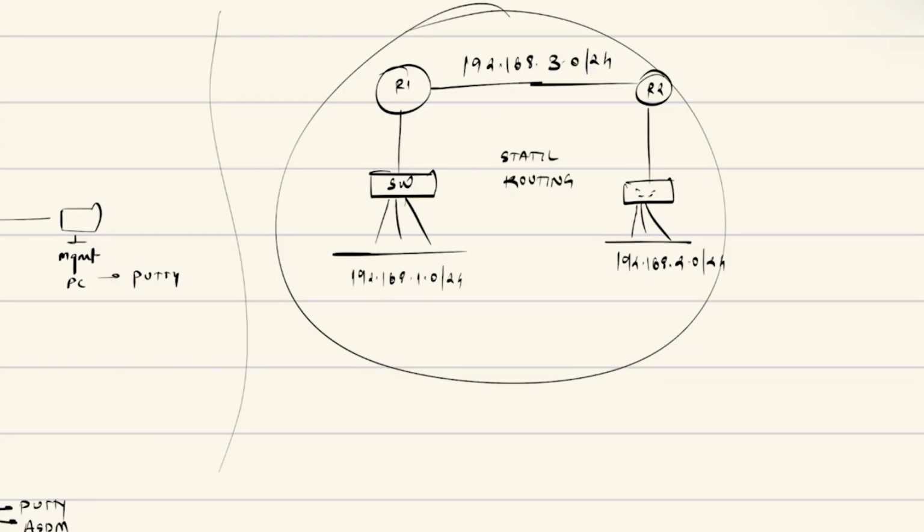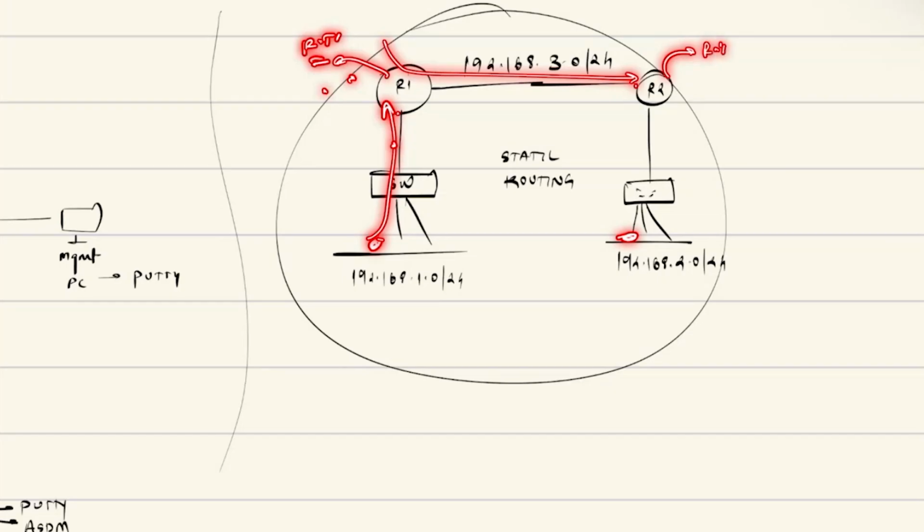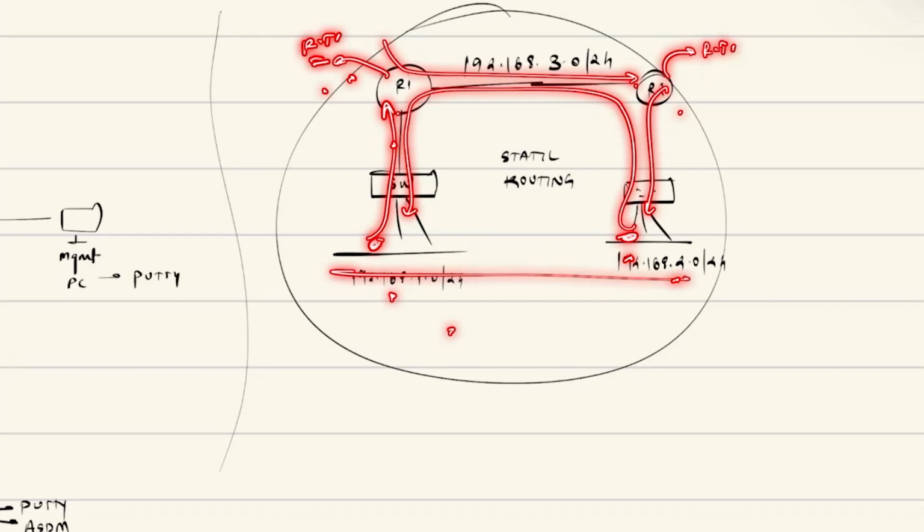And let's say you have implemented static routing in that. Now, of course, these endpoints will be able to communicate with these endpoints. If you want to send a packet from this PC to this PC, the traffic will first of all go to the gateway. Router one will perform a lookup in the routing table and figure out what the next hop is. Then the traffic will go to R2. R2 will also perform a lookup in the routing table, and then the traffic is going to go down. And similarly, the return traffic will follow, right? So that is how the communication used to work.